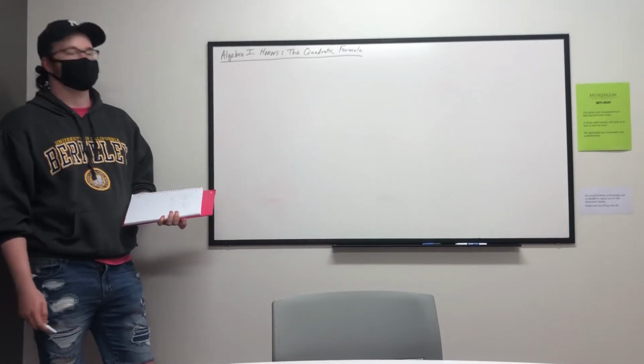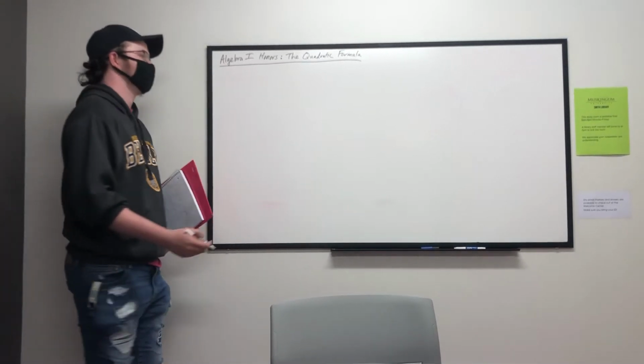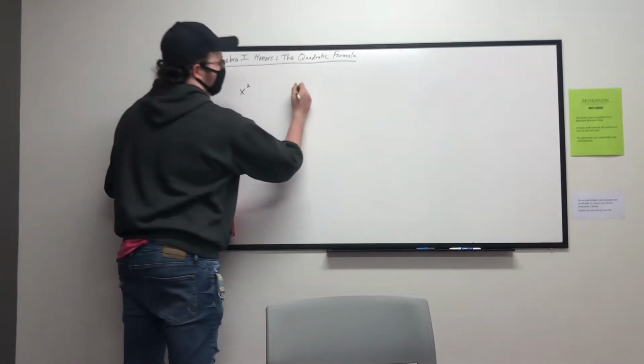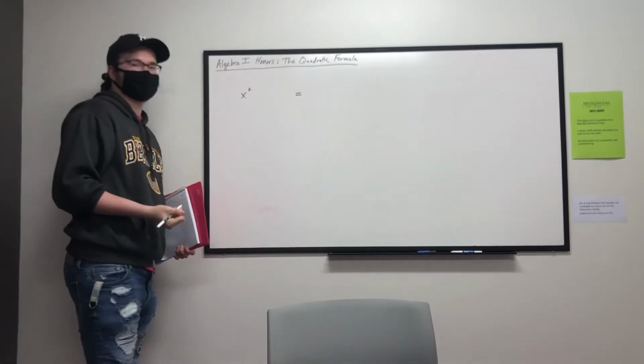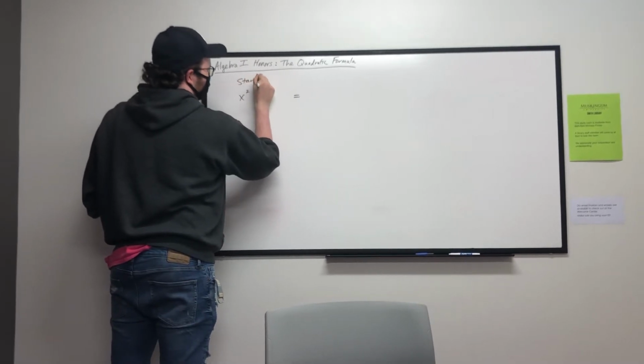Today we're going to be going over the quadratic formula. The quadratic formula is useful when you have what's called a quadratic equation, so that's anything that's going to have an x squared in it, and it has an equal sign, so it's set equal to something. So we call this standard form,